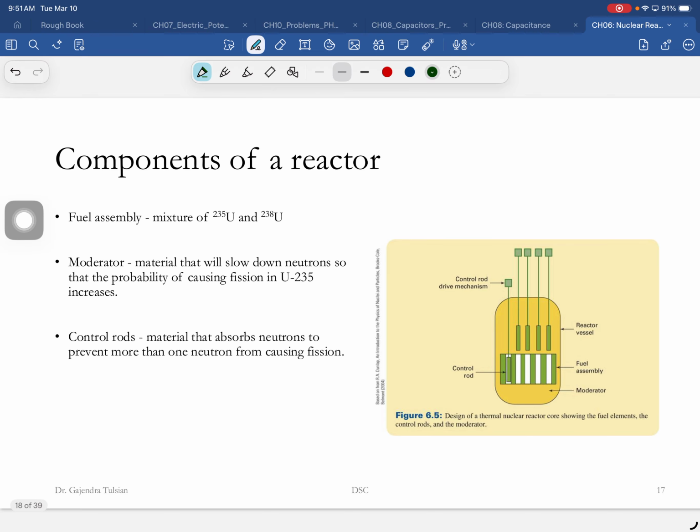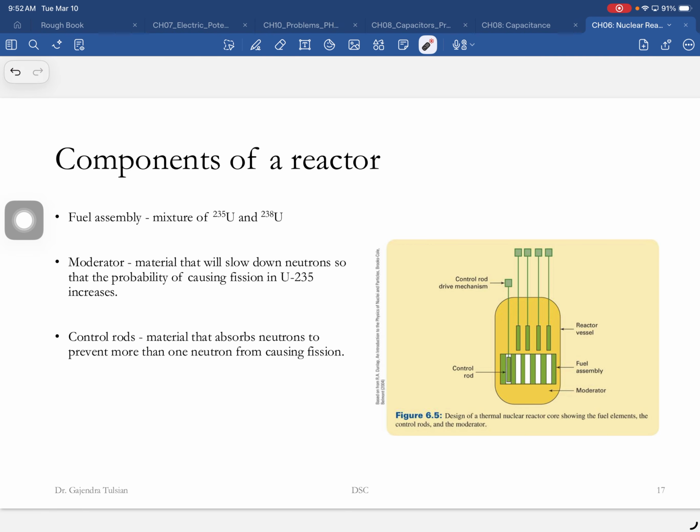So the components of a nuclear reactor are: you need a fuel. And what is your fuel? This is your fuel. You need a moderator. What is the moderator doing? Slowing down neutrons. Okay. Now, let's say I have ping pong balls,